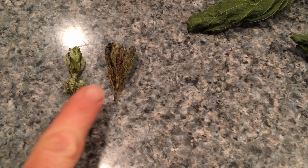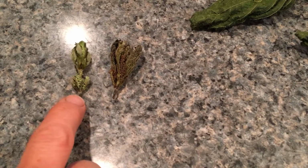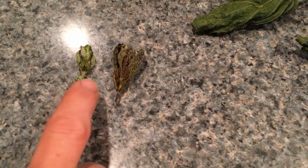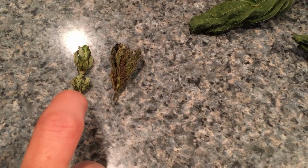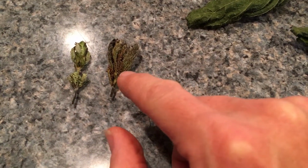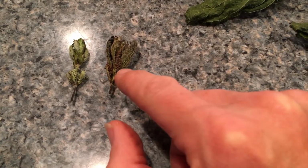Another thing I wanted to show you is that these are the flowers. This is the younger flower, this is the older flower. You can see they don't really look like what you might think of as a flower. So this is the very top of the stems. These are the leaves here that are encapsulating the flowers. As they get taller, the stinging nettle, these get longer. They're small little, I don't know what they are. They're round